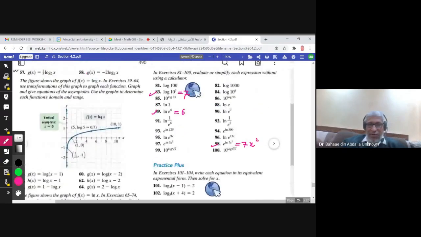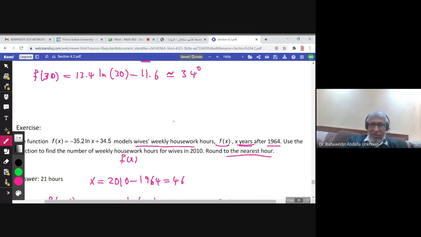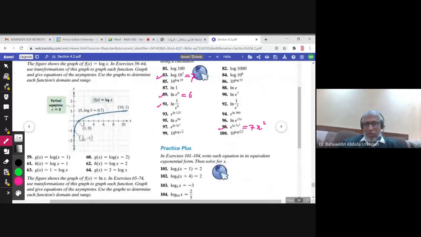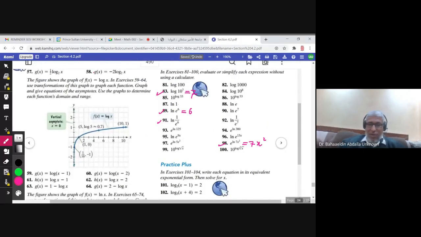91, 95. 91 here, and this is important. Well, what did we study? Okay, there is a property to use, but I don't know whether we took it or not. I don't think we took it. So